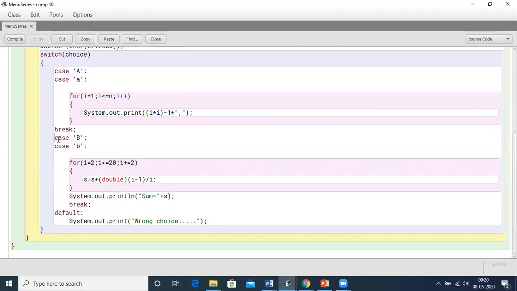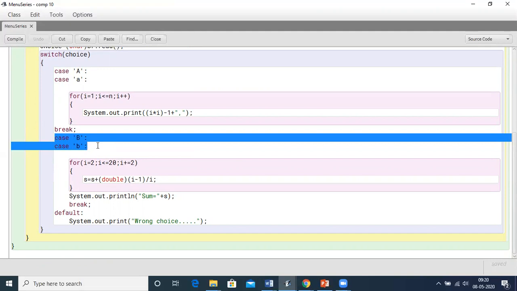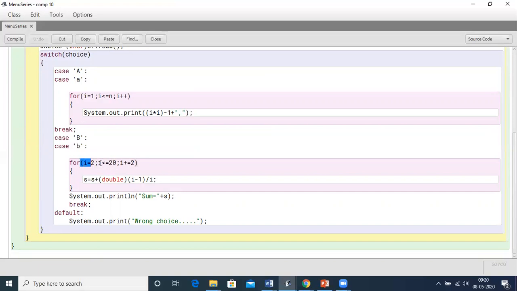Then we have the second option, that is capital B and small b, for the second series, where the series goes 1 by 2, 3 by 4. So we are stepping with a value of 2 because, if you see the numerators, 1, 3, they have a difference of 2. So I'm stepping by a value of 2 over here and it goes on till 20.